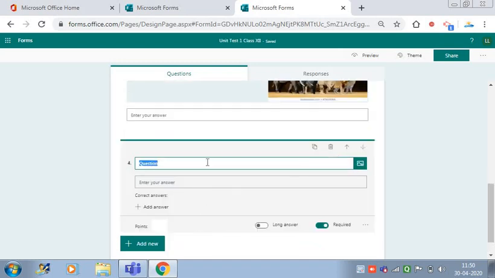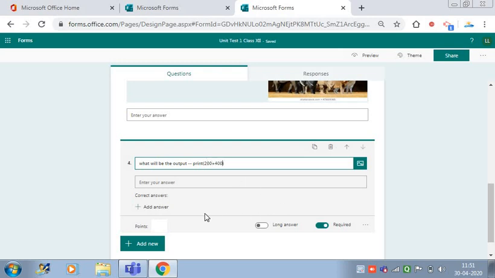And I am writing a question: what will be the output? I'm using various kinds of questions just to make you understand the kind of options which we can use in our process.